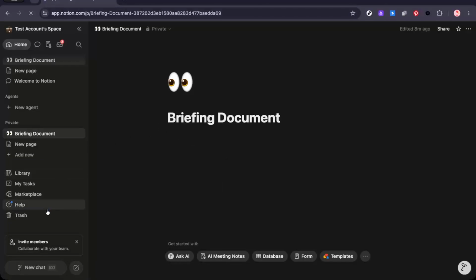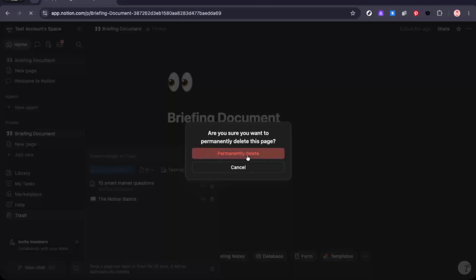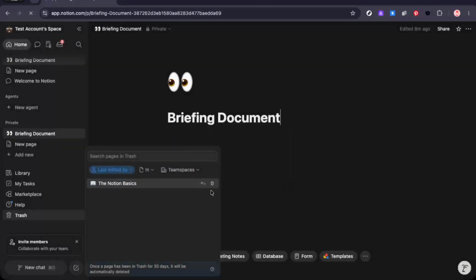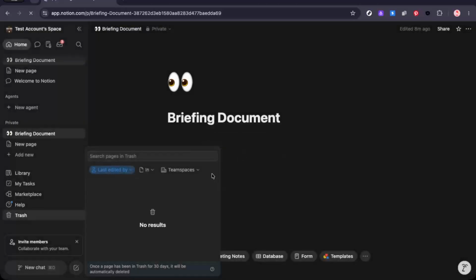Continue repeating the same process for each remaining item in your trash until the list is empty. While it's not a one-click solution, this is currently the available way to fully clear trash in Notion. And that's it. You now know how to delete all trash in Notion by manually permanently deleting each item from